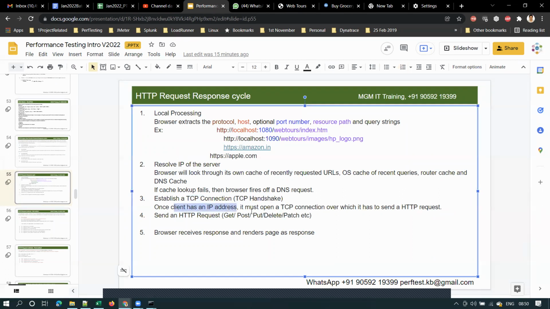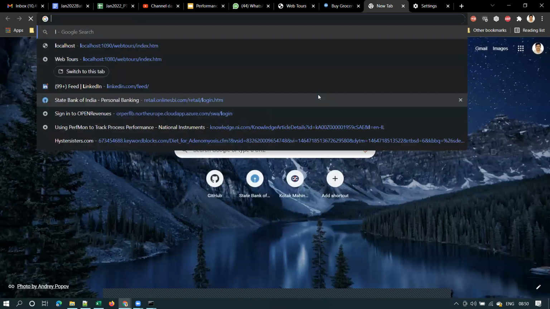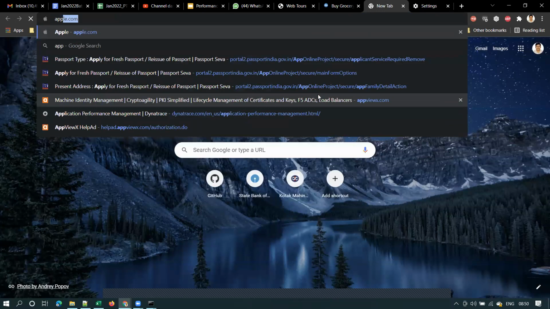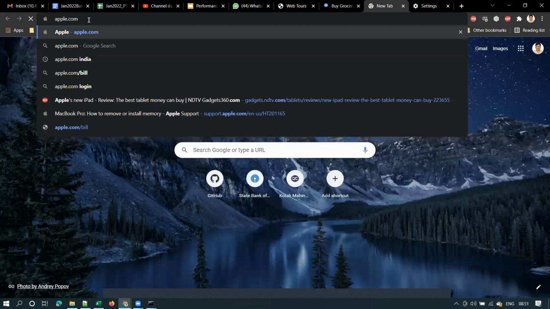Once the client has an IP address, it must open a TCP connection over which it sends an HTTP request, right? First it has to establish a TCP connection, and on that connection it will send the HTTP request. So this much process happens when you access any URL. If you type apple.com, what happens? First it will break that request into server name, protocol and query string. Then it will try to resolve the IP address of the apple.com server.